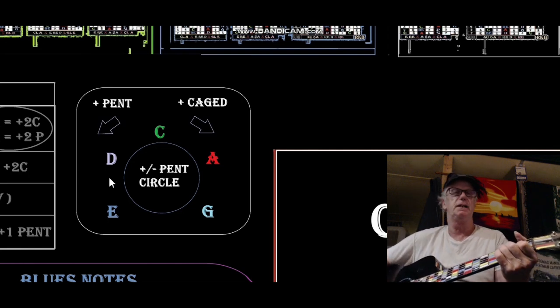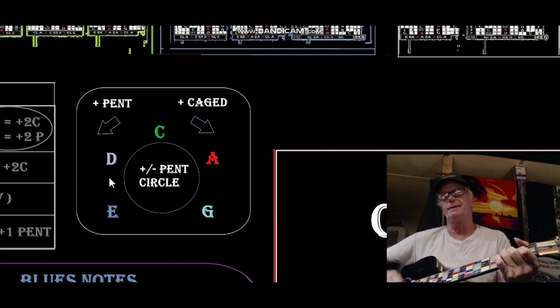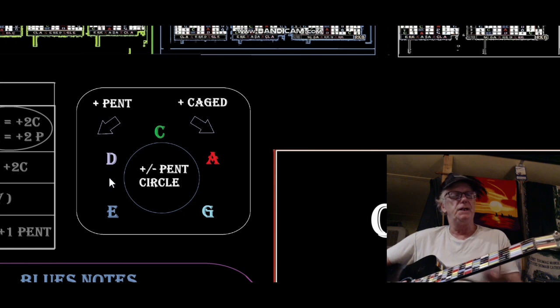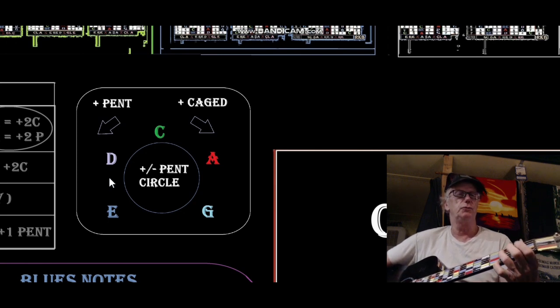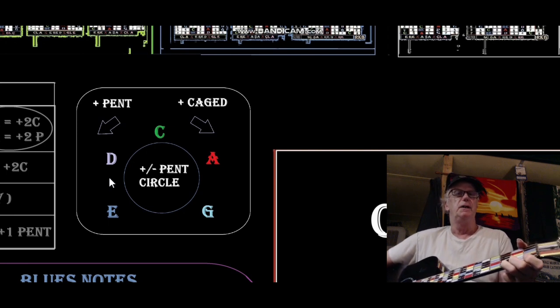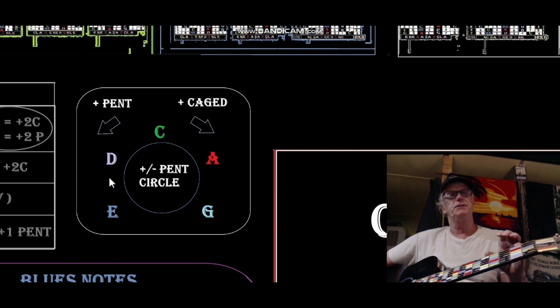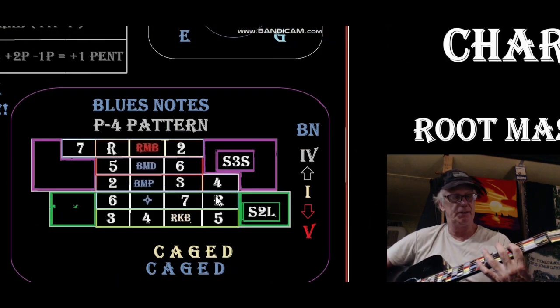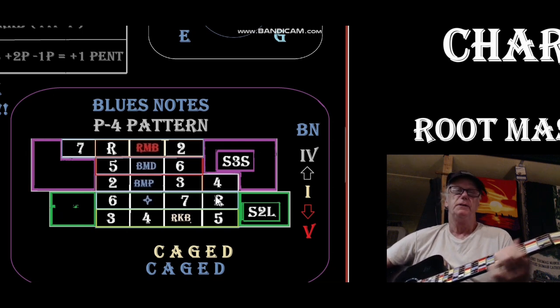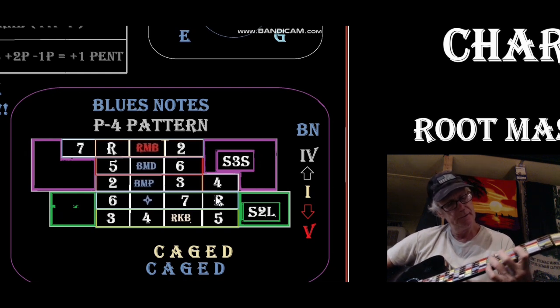For instance, today, if I play a C-shaped A flat here, okay, the pentatonic is 3, 5, 6 root 2, 3, 5, 6 root 2, 3, 5. But the diatonics 3, 4, 5, 6, 7 root 2, 3, 4, 5, 6, 7 root 2, 3, 4, 5. Okay, so that's the difference between a pentatonic and a diatonic. Remember, pentatonically, 6 root 2, 3 in the pentatonic key, but diatonically